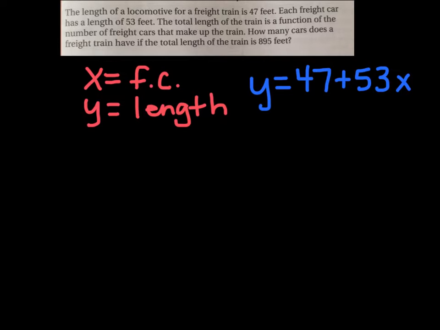Our domain is going to have to consist of whole numbers only. We cannot have a part of a freight car. So our function must be discrete because our only possible values are 0, 1, 2, 3, 4, 5, 6, right? We can't have 5.5 freight cars. All right, so now that we know our function is discrete,